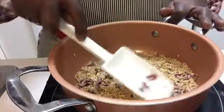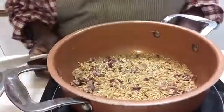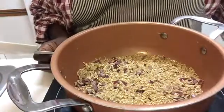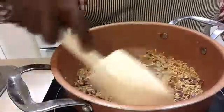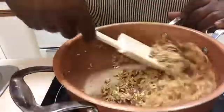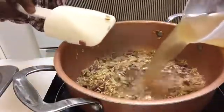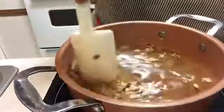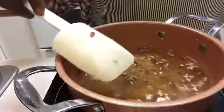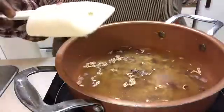We're just going to go just a couple more seconds, and then we're going to add 2.5 cups of chicken broth. You can use chicken stock as well. Alright, so we're ready to add our chicken stock. Stir it in. Do 1 more pinch of salt, a pinch of black pepper,